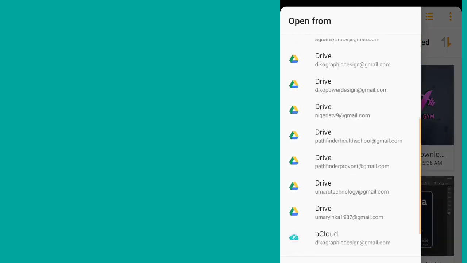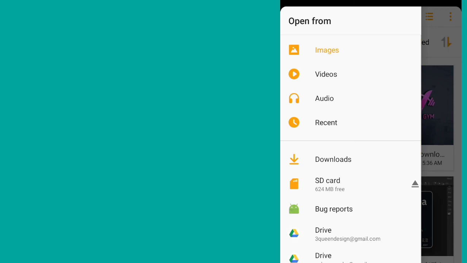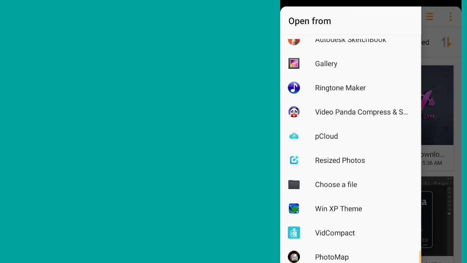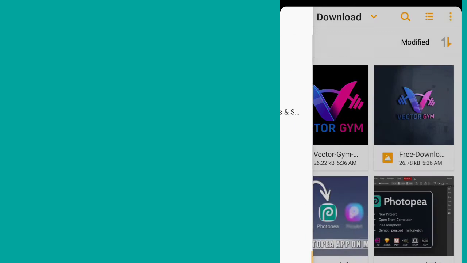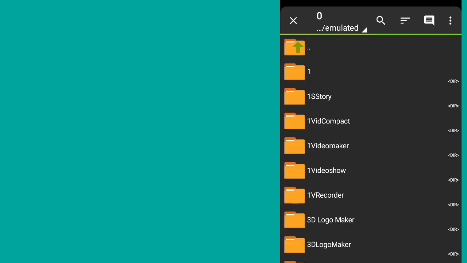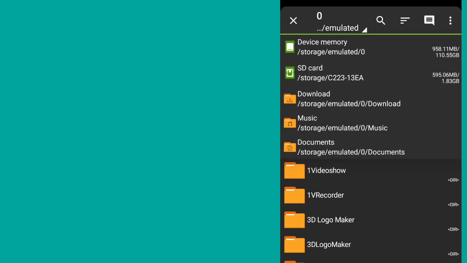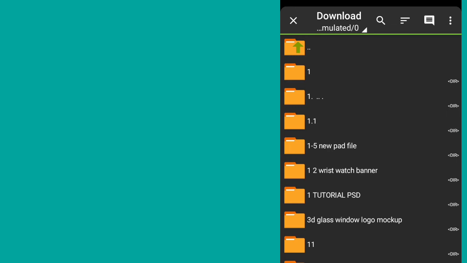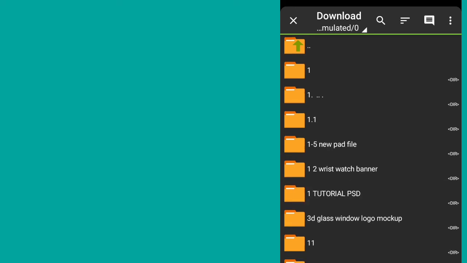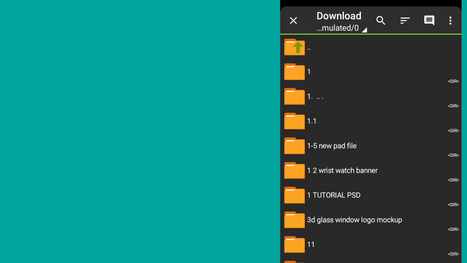Then you come directly. When you click the 3 icon at the top, come down. Then locate your Z-Archiver. If you have it, it will be there. Then click on this one to select where the option arrow is. Click on it and click on download. Then locate where your 1 tutorial is, you see it? This is 1 tutorial, 1 tutorial PSD.